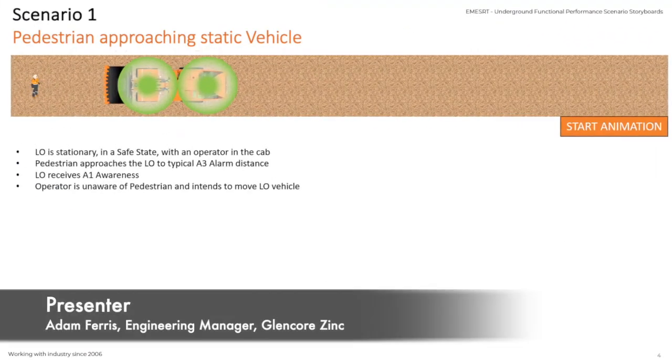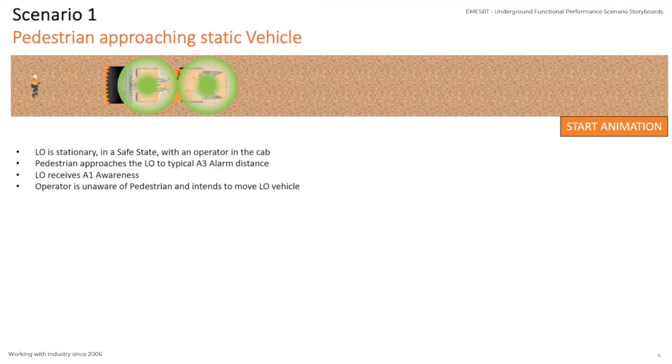So our first scenario is fairly straightforward. It covers off on a pedestrian approaching a static vehicle. And there's a couple of variations to this particular scenario. There's one where we're approaching a vehicle that's in a safe state. And then there's a second one, which I'll take you through in a moment. But in the one that we're approaching in a safe state,